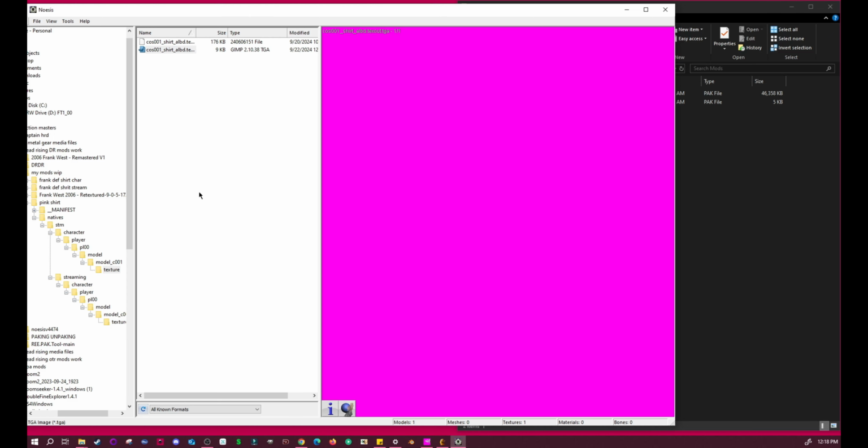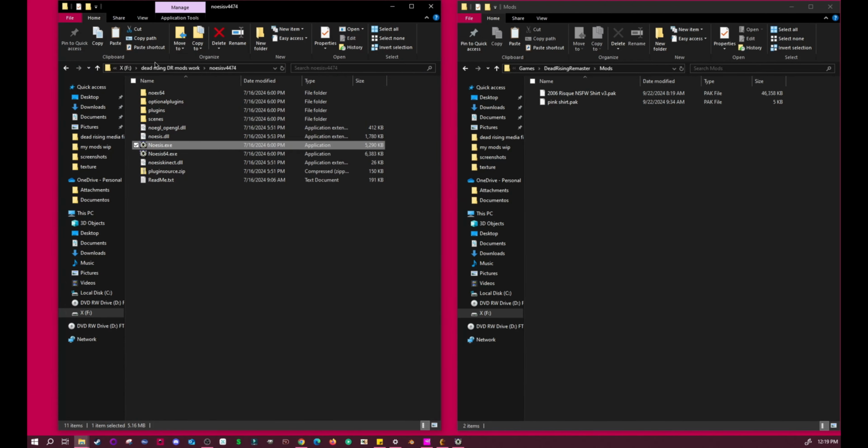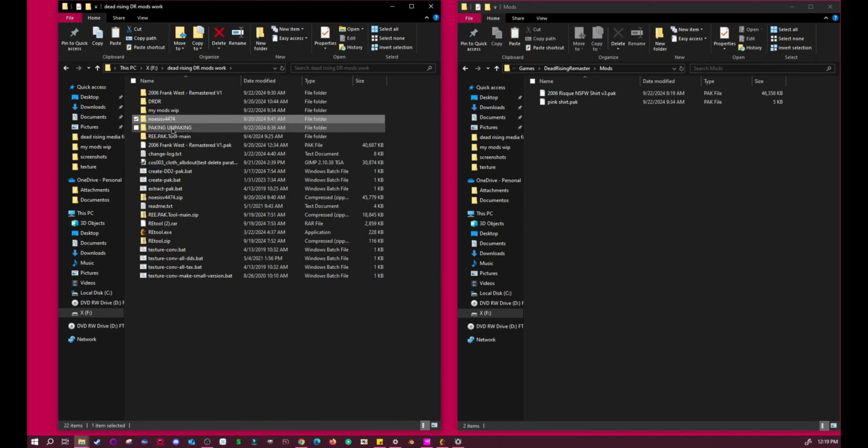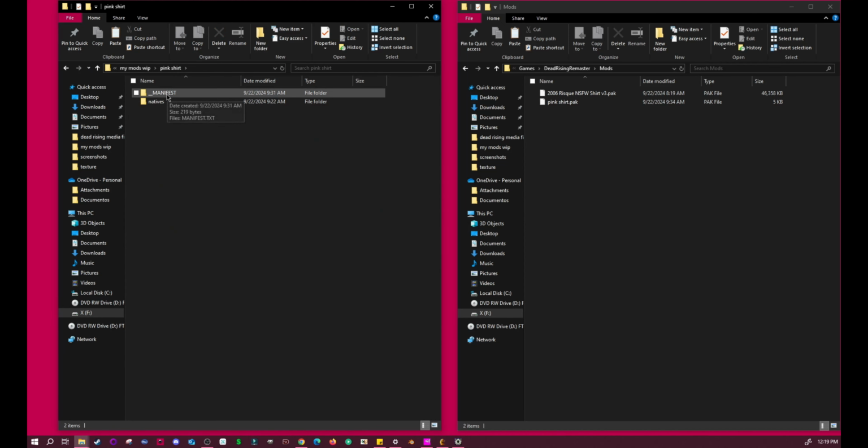Okay. So all of that should be good. We should have everything that we need there. I don't know why that's so big, but whatever. So we have our folder set up. We have our mod set up. The only thing we need now is a manifest. So you can create this manifest file, or you can download this mod, because I'm going to upload this pink shirt mod to